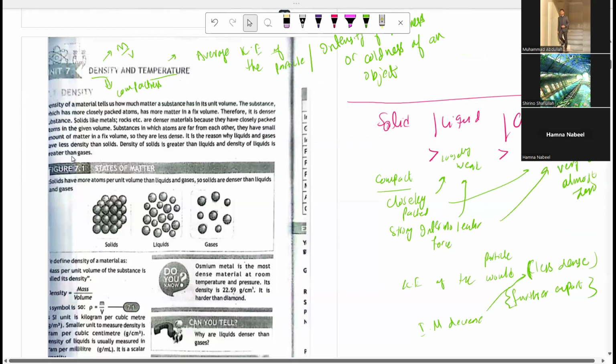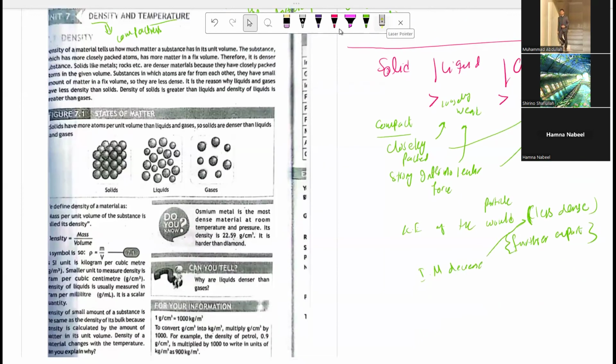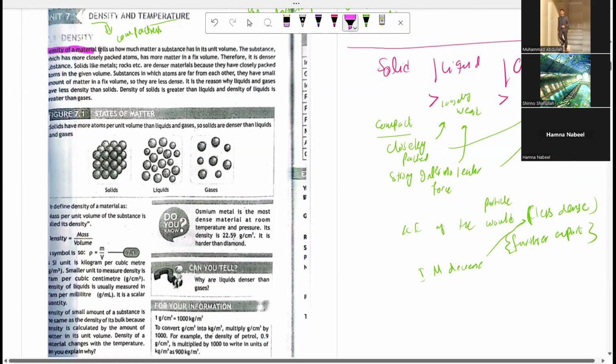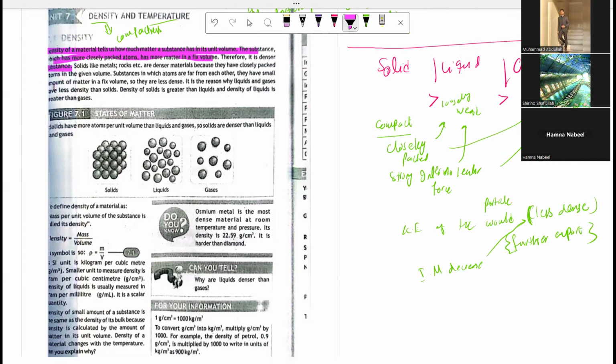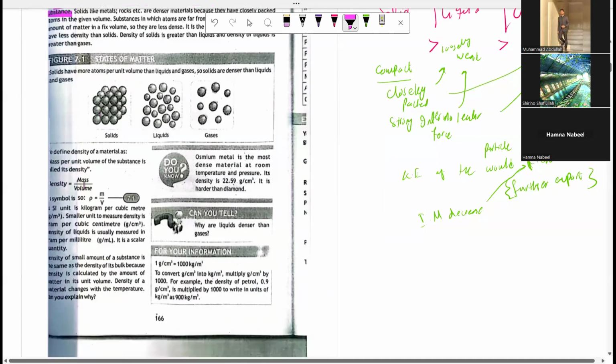Okay. You might have seen in the theory as well that they have discussed the basic concept. The example and the definition are exactly the same as the one we gave. It tells us about its volume: the substance which has closely packed atoms has more matter in a fixed volume, therefore it is denser. When it comes to solids, metals are denser materials. They have discussed the properties of solid, liquid, and gas here, and